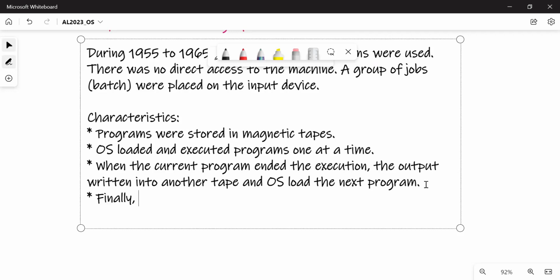Finally, the output tape was printed. Right? So that's what will happen during this.